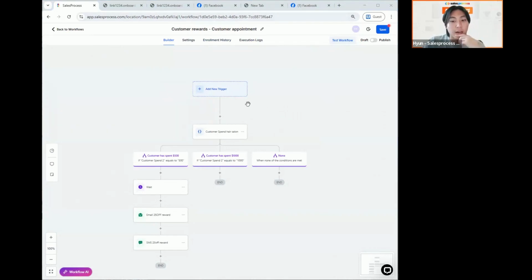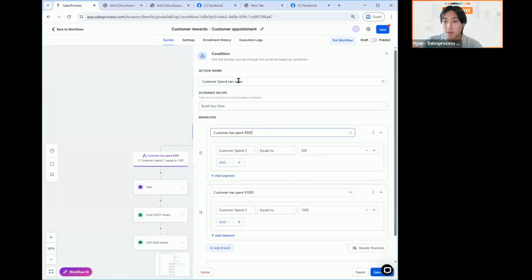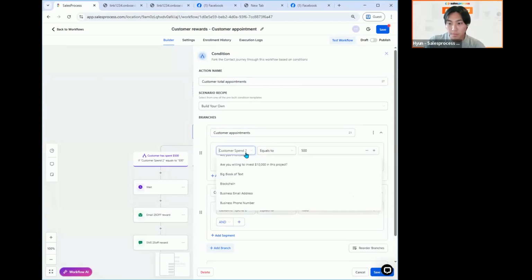This one will track how many appointments they have done with you. So here, change customer spend to customer total appointments, and we're going to change this to